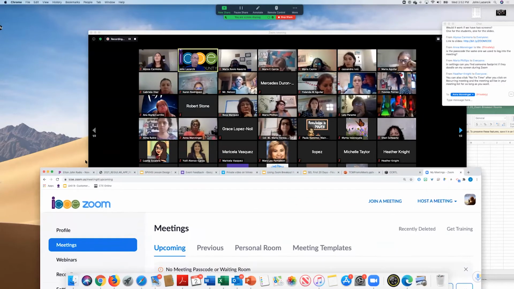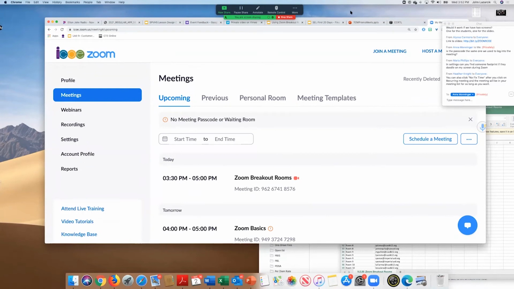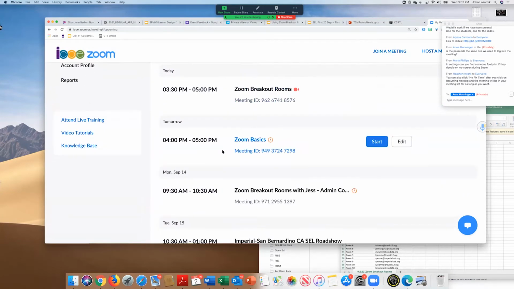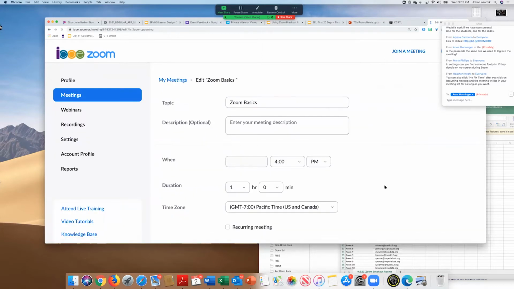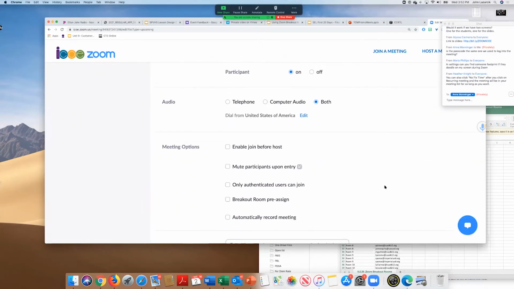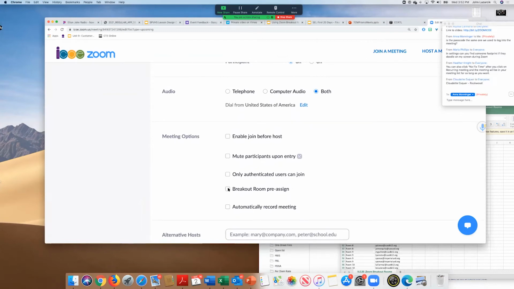So let me go back to this. Again, let's say I go to a meeting that I've already set up but not started, and I come over here and click edit that meeting. This is where I can go down and click on breakout room pre-assign, and then you can pre-assign those breakout rooms.